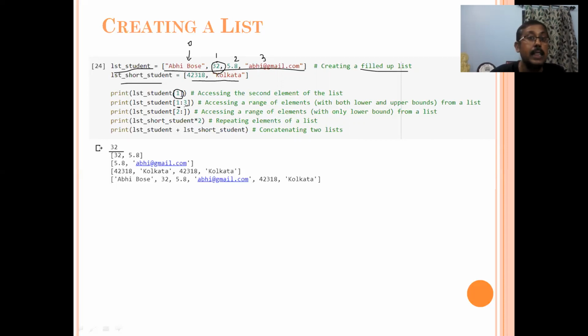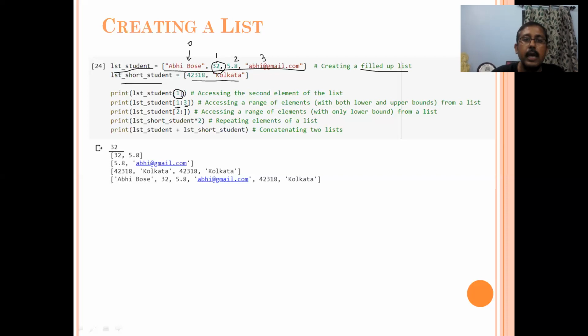Here it is a little different from what was there in the string. In string, you had mentioned the first index and the number of characters, right? But here you give the starting index and the stopping index. So it will start from the second position, which is here, and go till the fourth position, which is here.